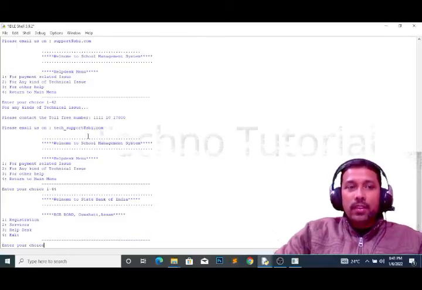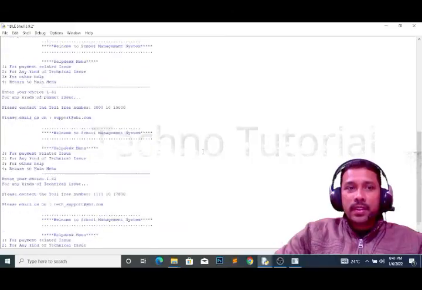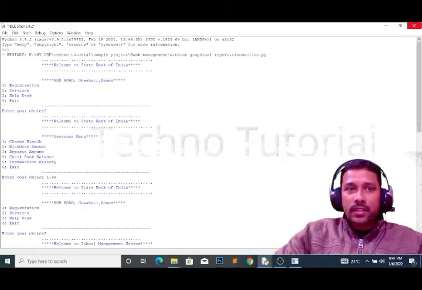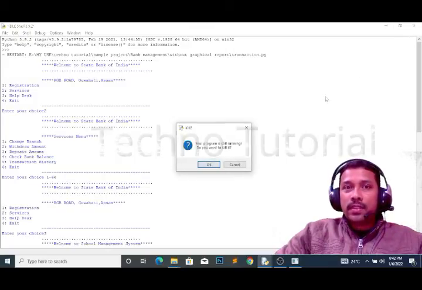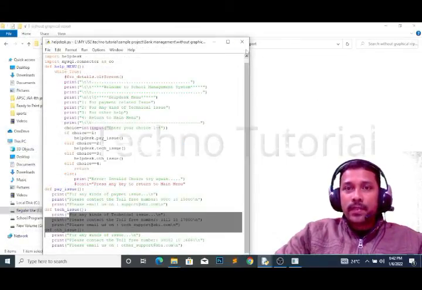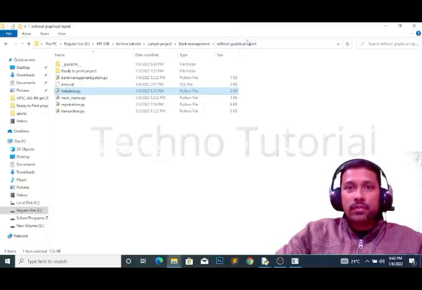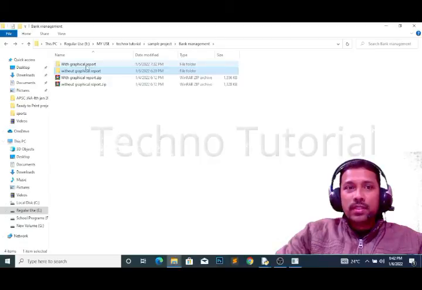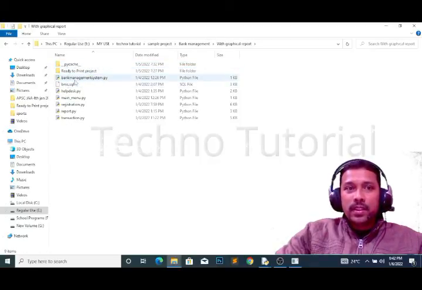Now one more thing I want to show you. Here actually this is the file for the computer science students, where the graphical report part is not there, but for IP students that graphical report part is also necessary. So for IP students, I'm just closing this part. That is why for IP students I'm going to show you. Here without graphical report, this program I have just executed. Just go to this with graphical report part. So here this bank management system, again I'm going to run. I'm just going to close all these windows. Now this is the bank management system, I'm just going to open.